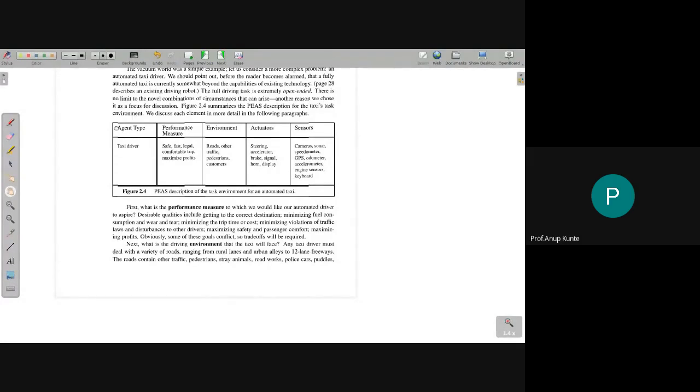But what is important here is that once you put that automated taxi driver as an agent abstraction, you're only thinking about the performance measure which is suitable in the scenario, the environment, the actuators and sensors, and all the gory details go off. That is why this is an abstraction which is good for doing an analysis of the given problem. So we are analyzing a situation for representing it as a rational